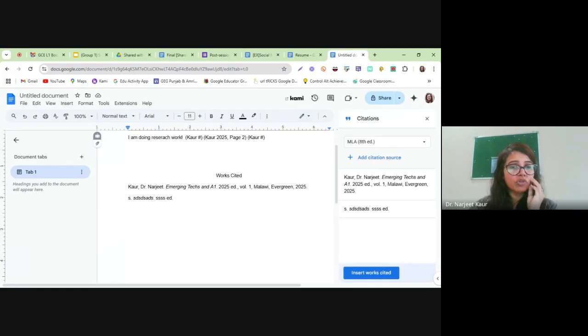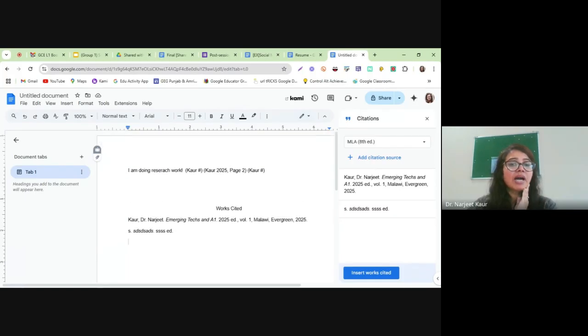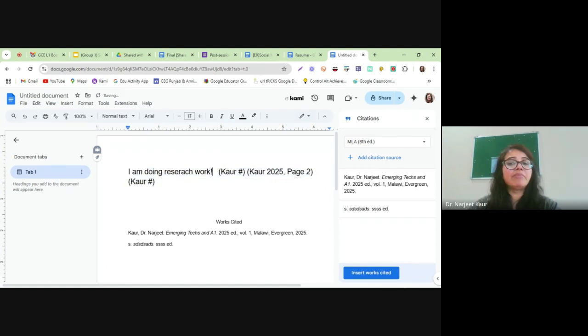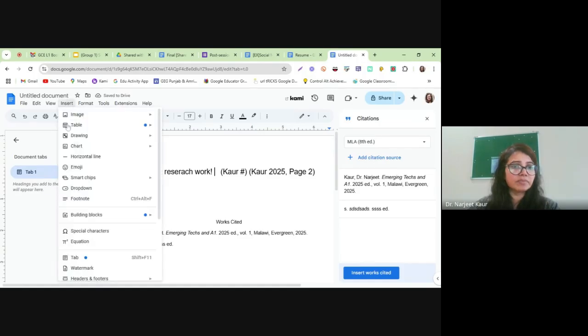And another thing is footnotes. For example, I am doing research work. After this, I want to insert a footnote. So I bring my cursor here. I'm going to increase the font maybe so that you can see it clearly. I bring my cursor here where I want to insert a footnote. Go on insert,